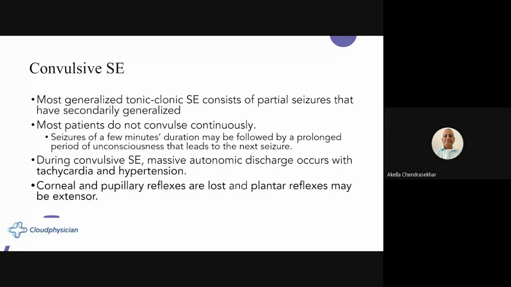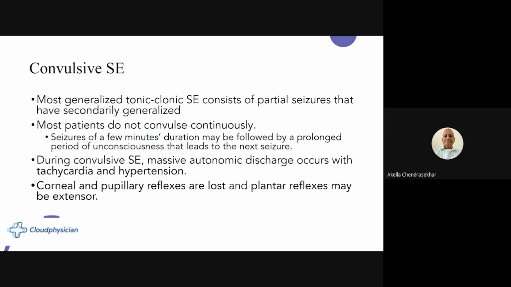So each of these patients needs to be thoroughly evaluated, okay? Good history and physical examination is extremely important. And I want you guys to really think about it. And again, as you're working with the bedside team, the emphasis is that you have to get the bedside team to have that index of suspicion that this may be seizure activity. If this is seizure activity, then we need to address it more aggressively,